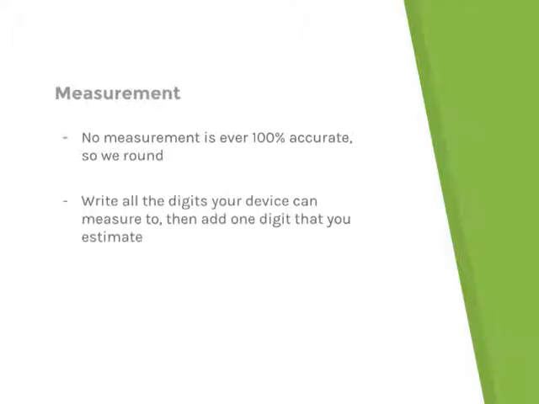So, one thing we know for certain about measurements is that they are never fully accurate. Even if we were to make a machine so precise that it could measure lengths in atoms, it's still not fully accurate, and you're wondering why is that? That's because of the Heisenberg uncertainty principle, right? We covered that last lesson, and that states that we don't know the position and velocity of an electron at any given moment. So, because of this, we have to round, and that brings us to the topic of significant